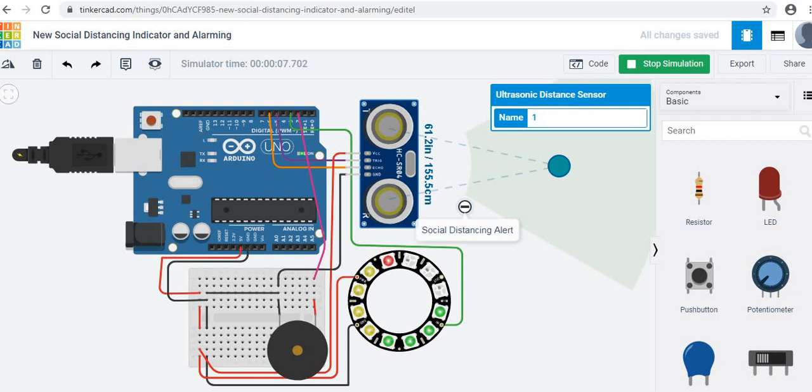In this concern, we are trying to implement a simple solution for a social distancing alert system using an Arduino Uno board, NeoPixel Jewel Ring 12 from Adafruit, and an ultrasonic sensor with a buzzer. You can use this simulation to implement the hardware model very easily. Instead of the Arduino Uno board, you can use NodeMCU or Arduino Mini. We have also used the ultrasonic sensor to determine distance in centimeters.